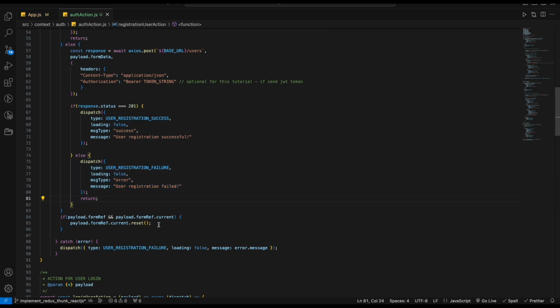And to empty the whole form I first simply check whether payload.formRef is true, and then payload.formRef.current, then this functionality is done. Otherwise you will face some error if you do not put this condition inside. And in catch